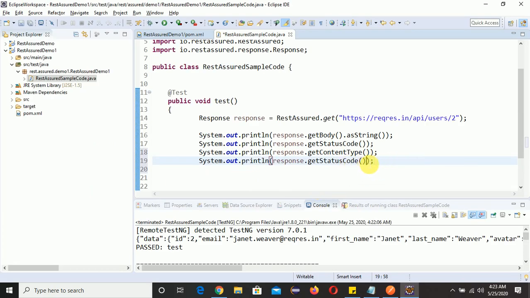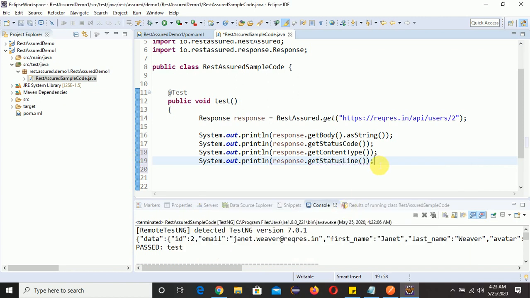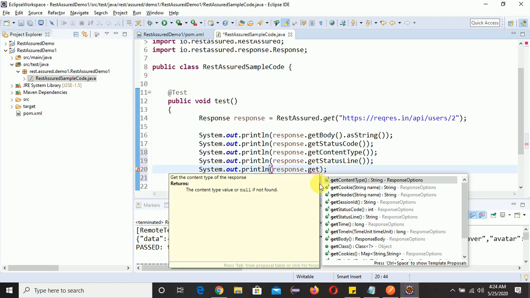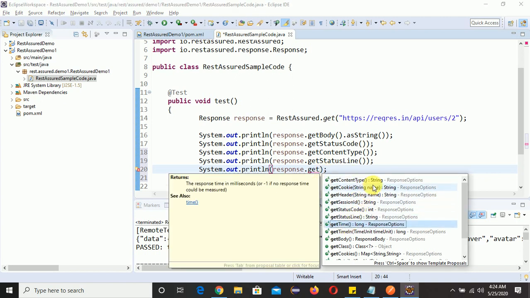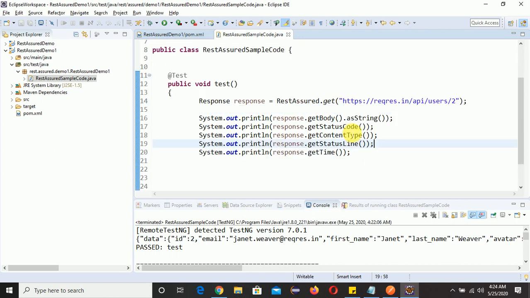Status line, get status line, Control and Space, status, this one, status line. See, get status line, and at last we need to do it for time, get, Control Space, you will get the option get time, right? Control S and run.